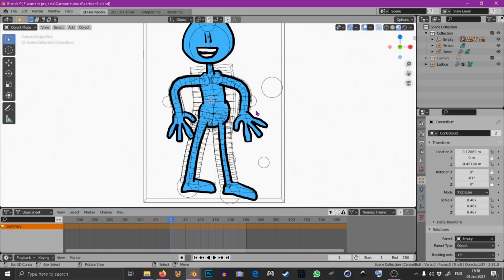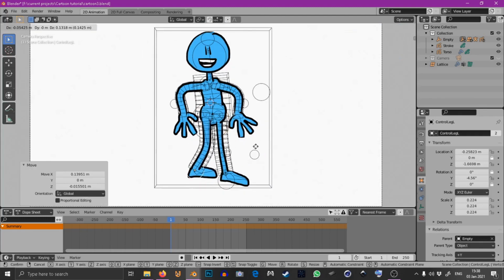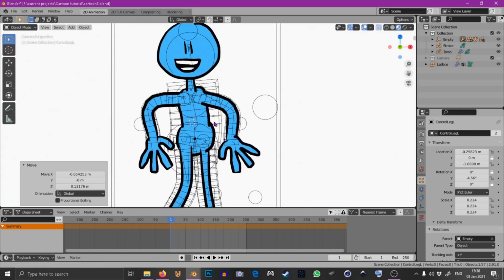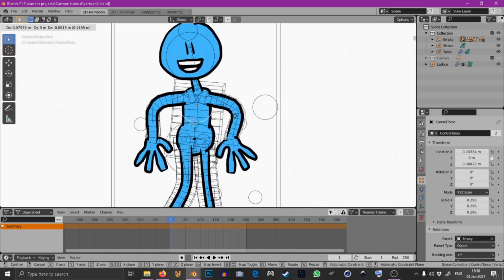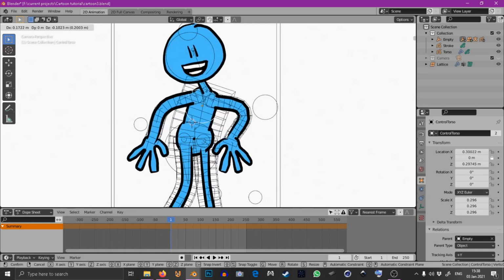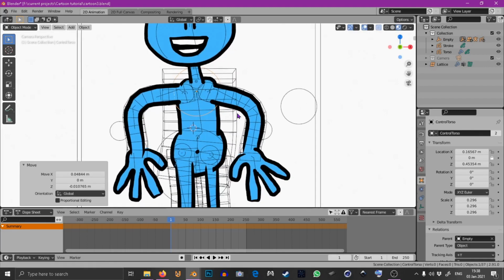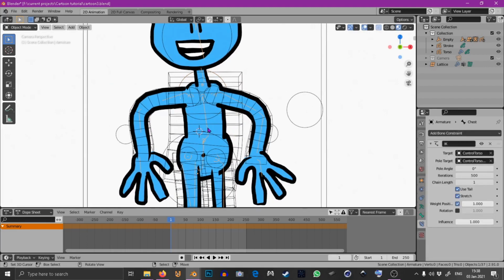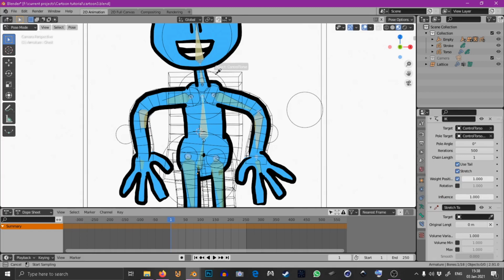Right, so the final thing that I want to show you is how to make squash and stretch. Currently, if we move this down, it doesn't really do anything. So we can't really have this character bending over forwards or doing any fancy squashy movements. So to fix that, let's go into pose mode, select this bone, and add a stretch to constraint, and just select this